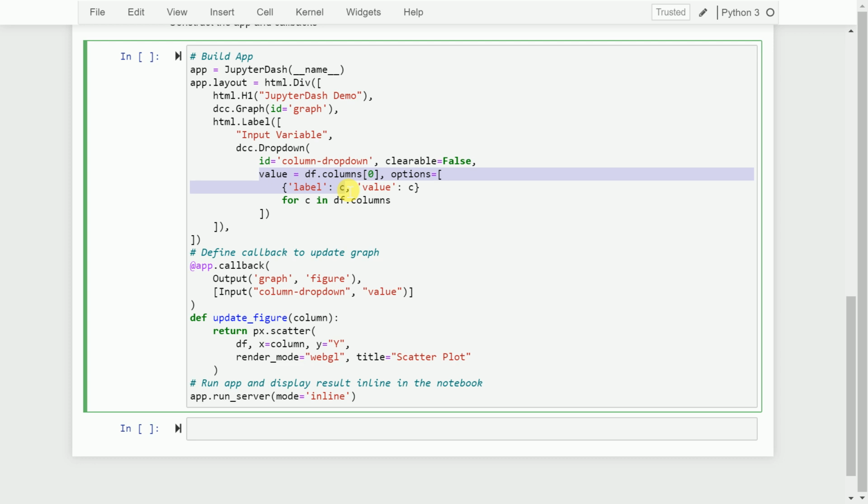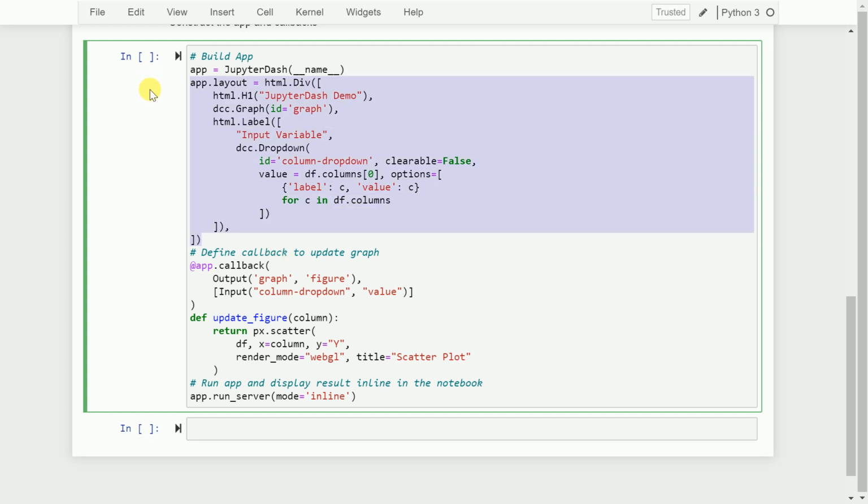Next up, as soon as I change from x1 to x2, I want to see a scatter plot between feature x2 and the target variable y, which is what I'm trying to define over here. What I'm saying is the drop down menu should have a default value of the first column name, which is x1 in our case. And the input options should have label and value key value pairs such that the key value pairs are extracted from columns again. So my drop down will have 4 entries: x1, x2, x3 and y. That's how you define the structure of your app.